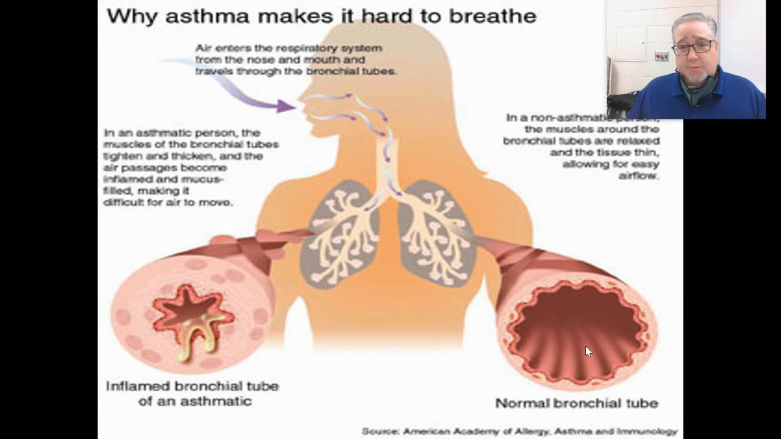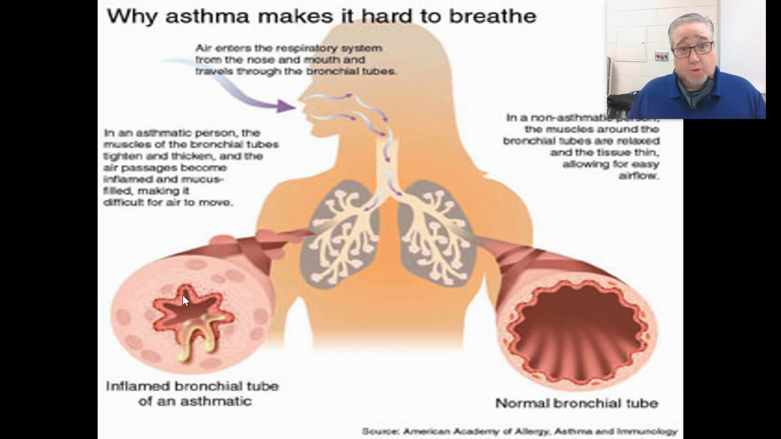The one on the right here is kind of a clear one. This is where air can travel through it pretty easily, almost like a straw. Whereas over here, you can see how it's become much narrower. And that's all due to these bronchial tubes tightening up, and they release a bunch of